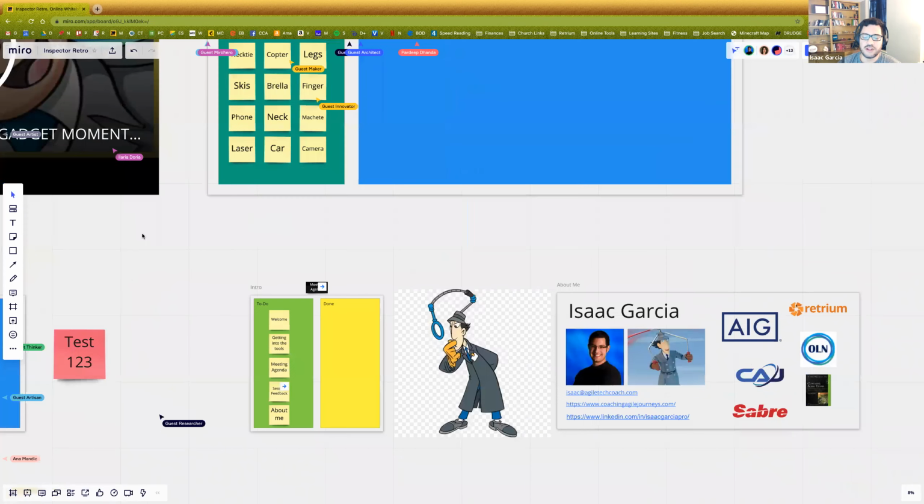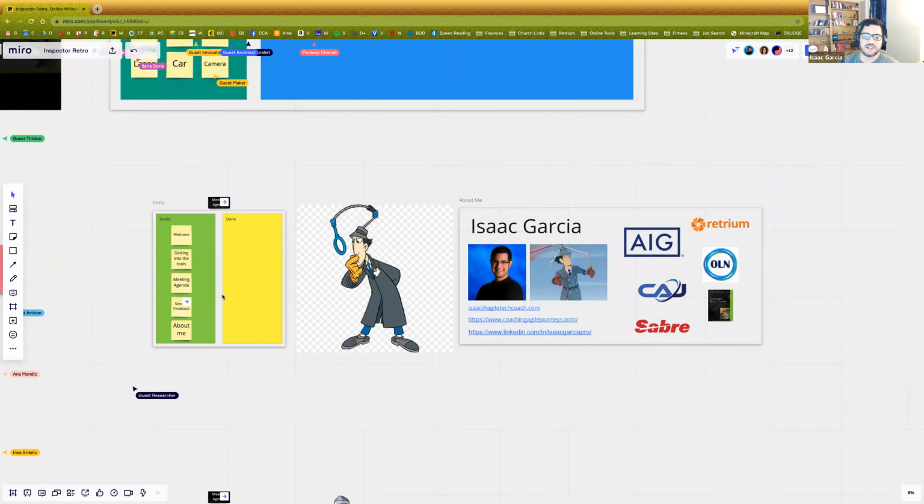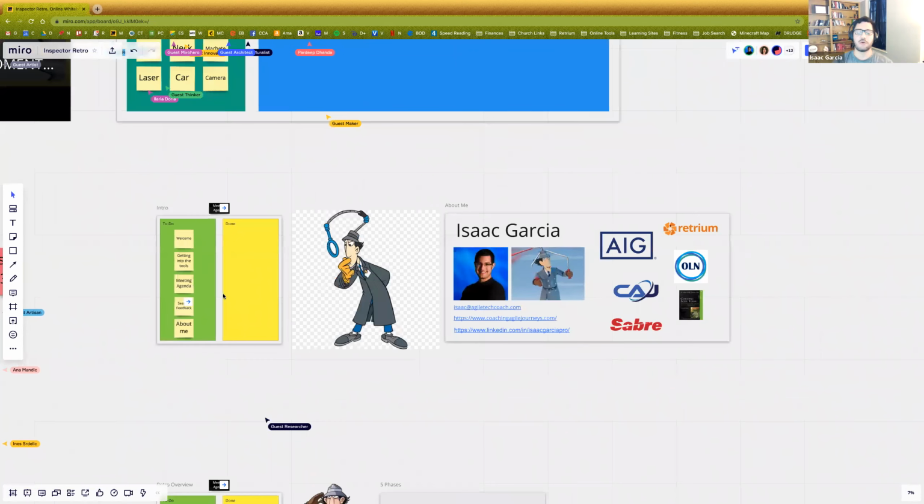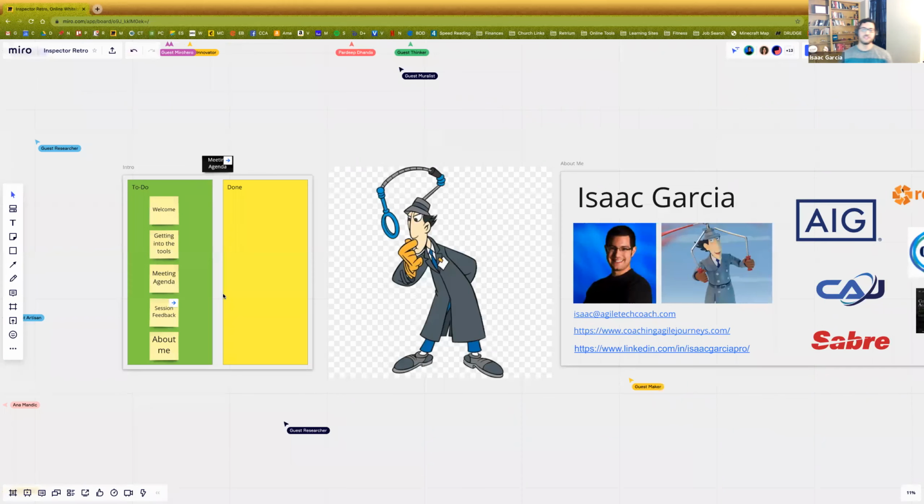So I'm going to scroll down here really quickly and look at the introduction section. By the way, if you want to explore around, you can see all the sections and what we're going to talk about. A few of the frames are hidden. Those will be revealed as we move forward. That being said, I love the engagement.